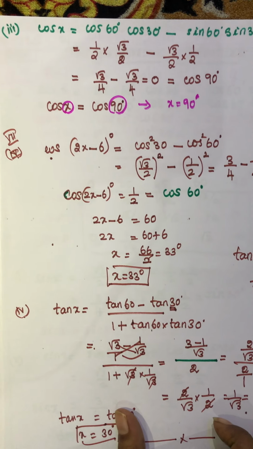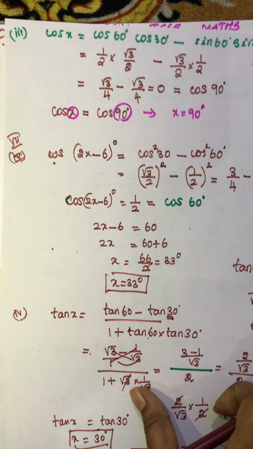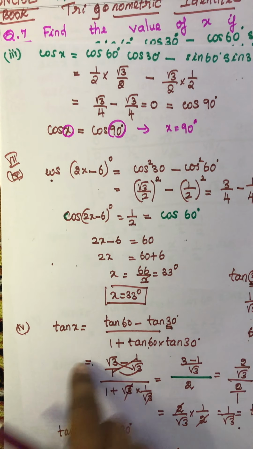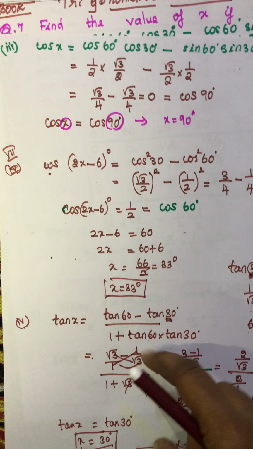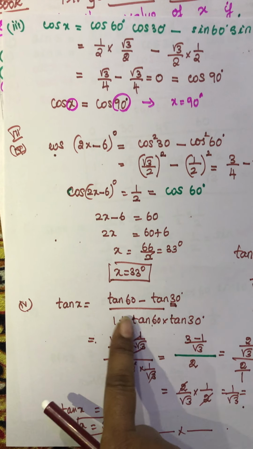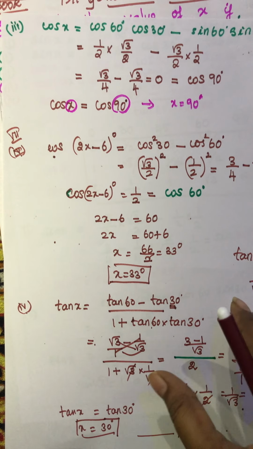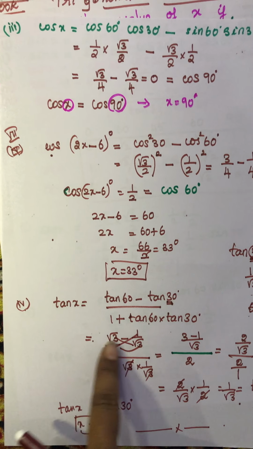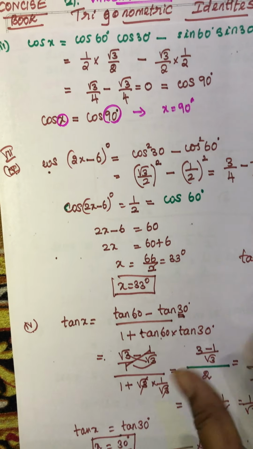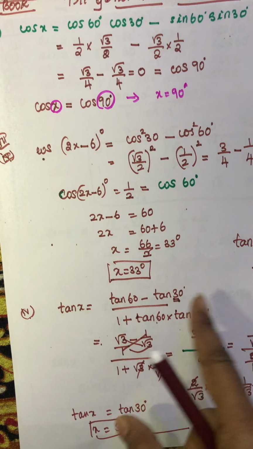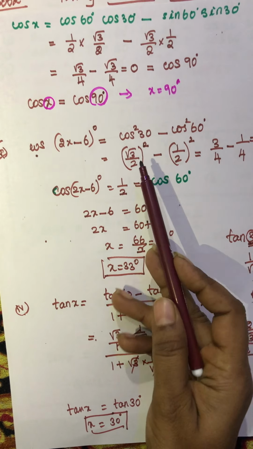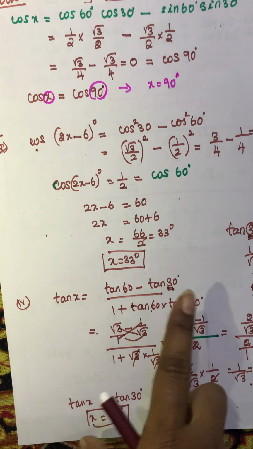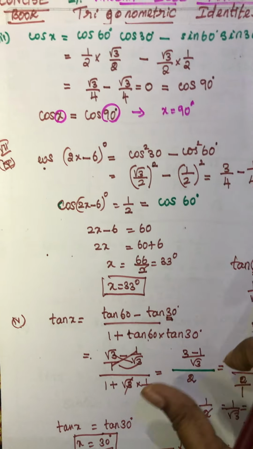Okay, so we have done 5 sums in this video. I hope you all understand. This sum is just directly substituting the values in place of the angles. If you memorize the values, this sum is very easy. And after substituting, you have some calculations. Okay students, what are the calculations? Addition, subtraction, squaring. Here square is there, here it is not square, but you have to take the LCM. These are the things only, and you will get your answer easily.